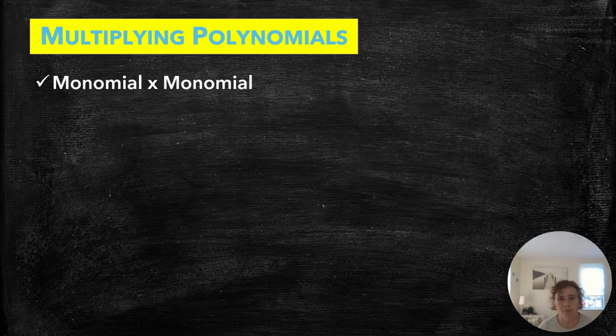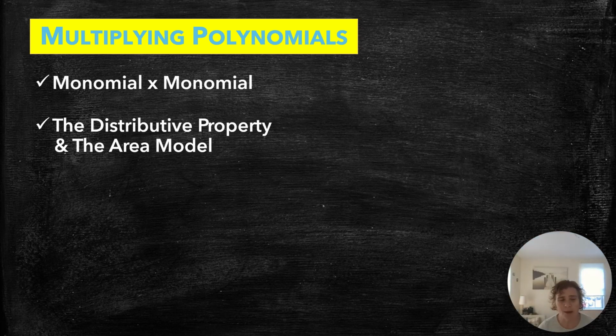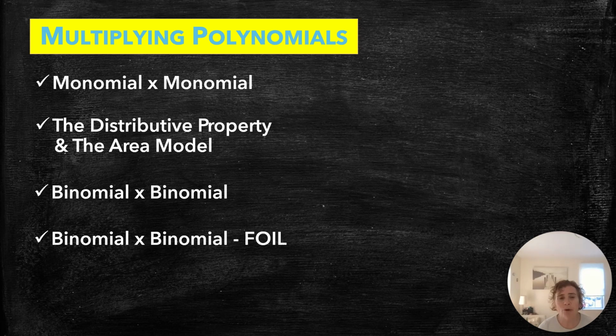In this video, we're going to learn about multiplying polynomials. In particular, we'll start with multiplying a monomial by a monomial. We'll learn about the distributive property and the area model as a way to help multiplying binomials. We'll also learn about the FOIL method for multiplying binomials, and then we'll end with the general case of a